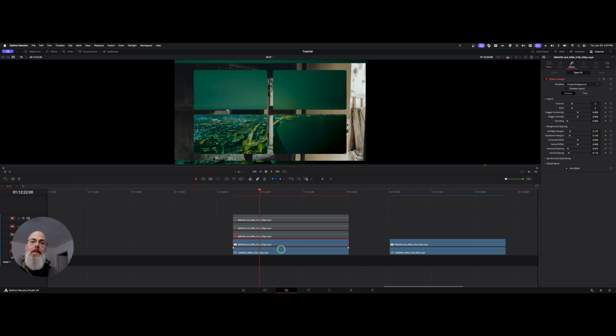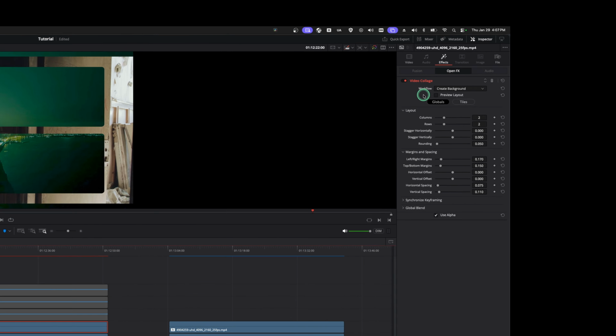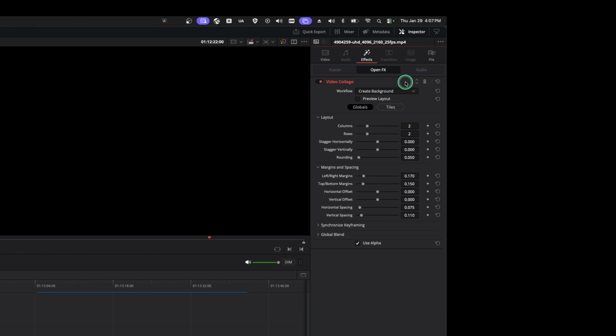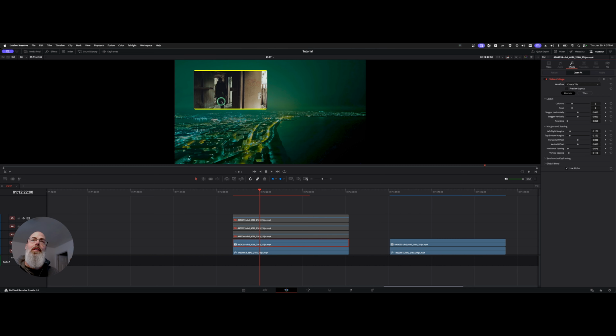That's gonna add it. Now, when you first add it, it just looks like this, where it essentially cuts a hole in the image you added it on, because the workflow is on create background, and it looks pretty cool if you wanted to use that as well. But what we're going to do is switch workflow here over to create tile, and it's just going to populate